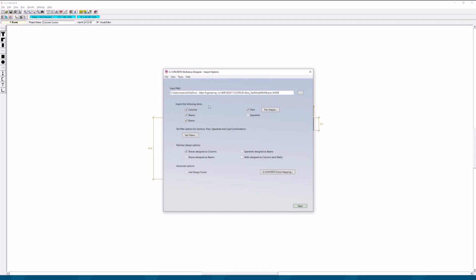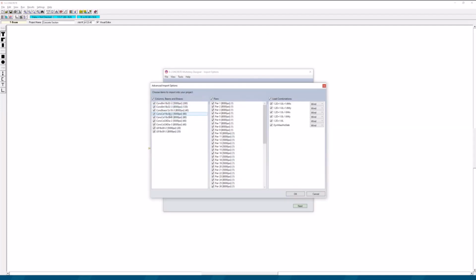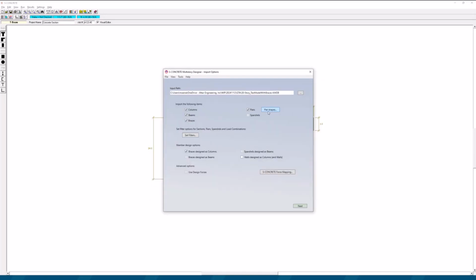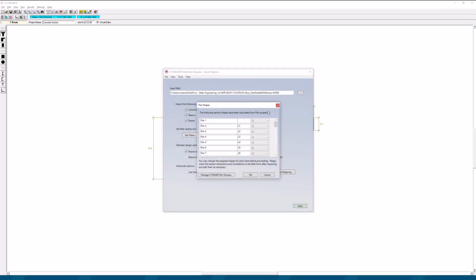I can set some filters. For example, I can choose which columns, beams, or braces I'd like to include in my design, which walls or piers I'd like to include, as well as which load cases or combinations. I can also go ahead and look at the management of my